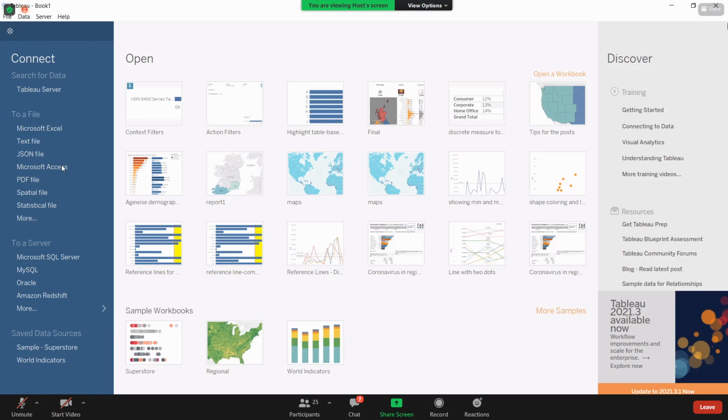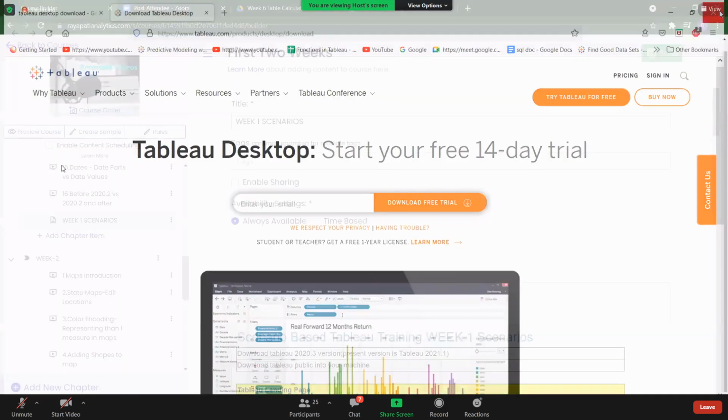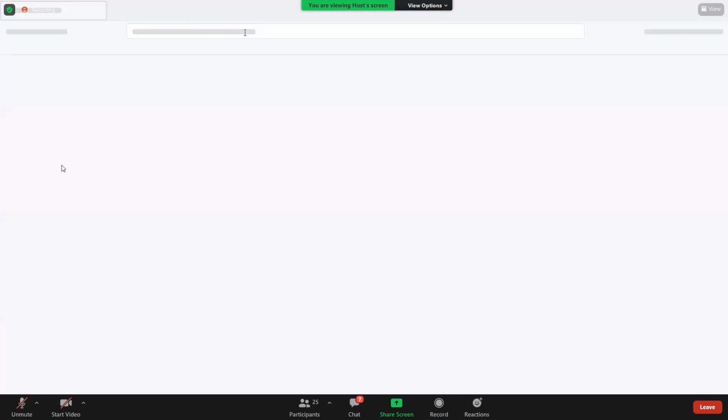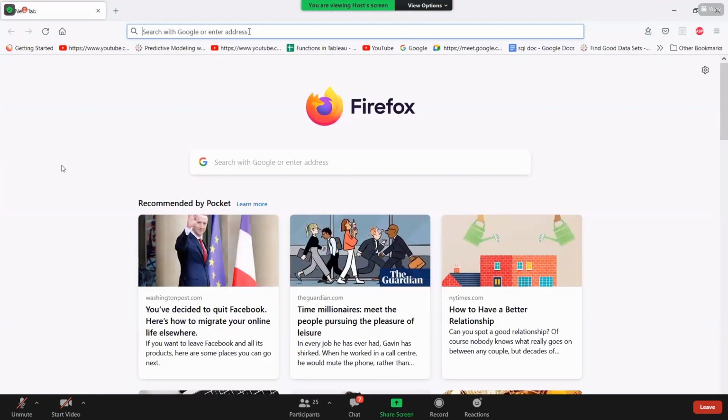First of all, when you are downloading your Tableau, let me show you. See, you will get the icons. Guys, please mute yourself. You will get the icons like this. See, here I am having 2 versions of Tableau. You're able to see my screen, right? When you download your Tableau, you will get these 2 versions of Tableau.